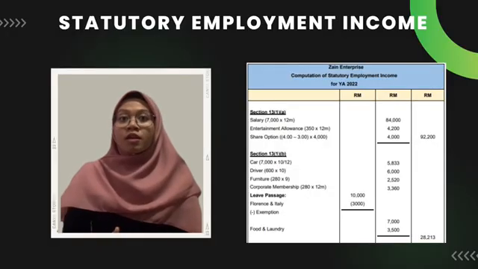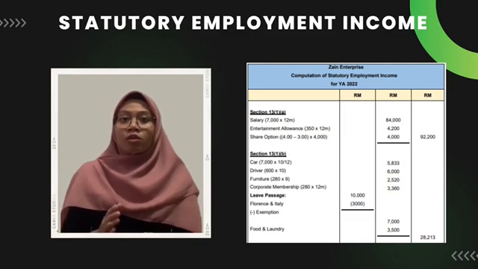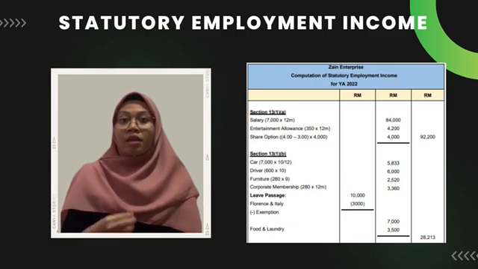For the employment income of Reza Zain, we will start with section 13 subsection 1 subsection A. First, Reza Zain's gross salary monthly is 7,000 ringgit. So for the year ended 2022, we got 82,000 ringgit. Then the entertainment allowance monthly, we got RM 4,200, and for the share option is 4,000 ringgit. So the total for section 13 subsection 1 subsection A is